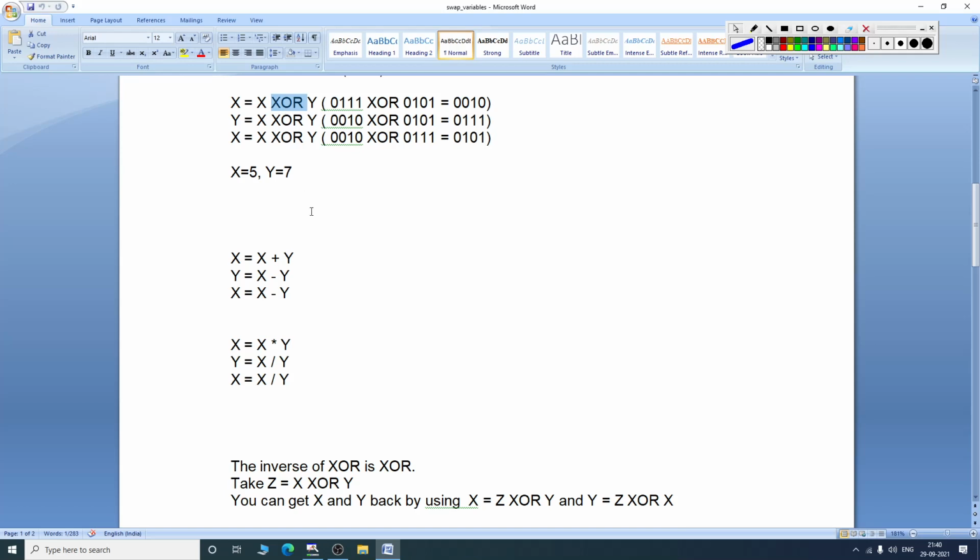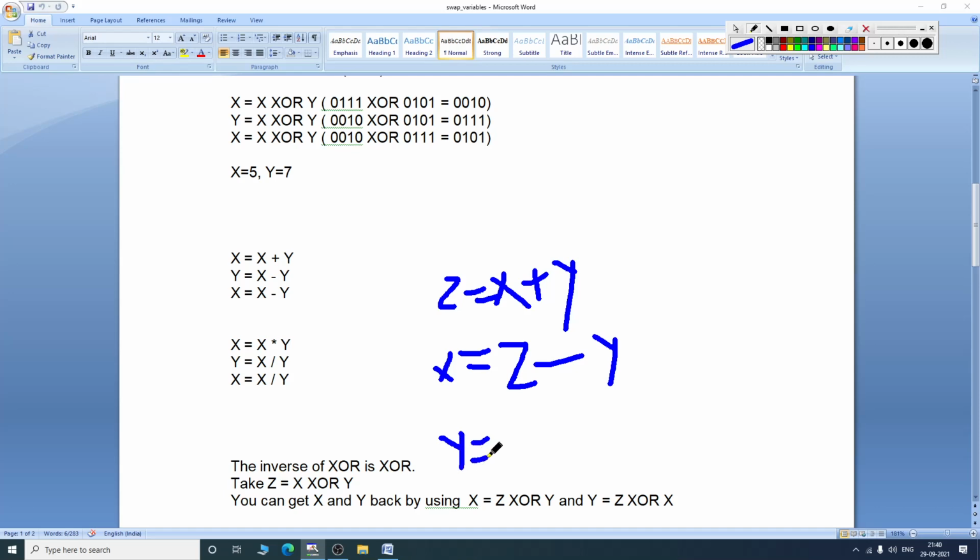See, say you take a third variable z equal to x XOR y, and now you can get x and y back by using x equal to z XOR y, and y equal to z XOR x. Say if I take z equal to x plus y, now we can get back x equal to z minus y, and y equal to z minus x.